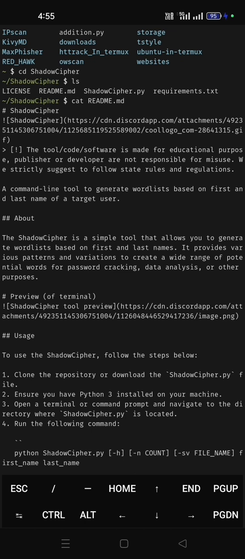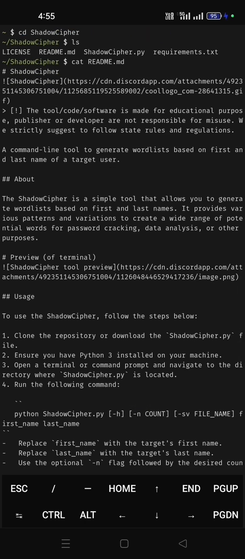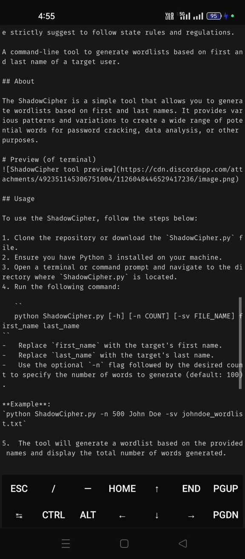Follow the steps below. Clone the repository, which I already did, or download the shadowcipher file. Ensure you have Python 3 installed on your machine. So for this I have to install Python 3. Open a terminal or command prompt and navigate to the directory where shadowcipher.py is located. Run the following command: python shadowcipher.py